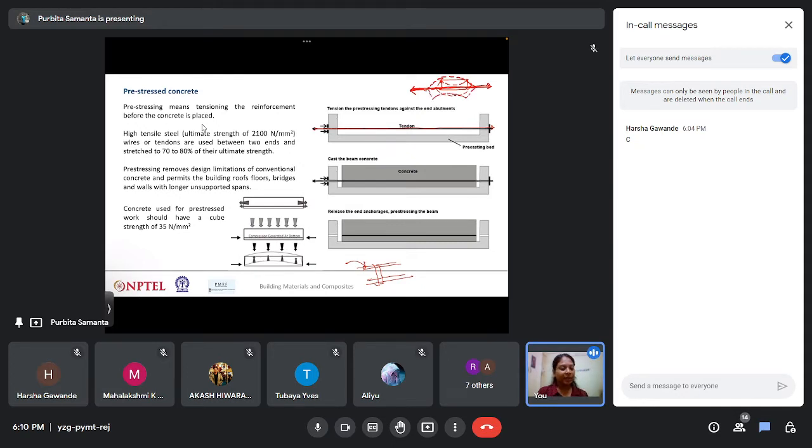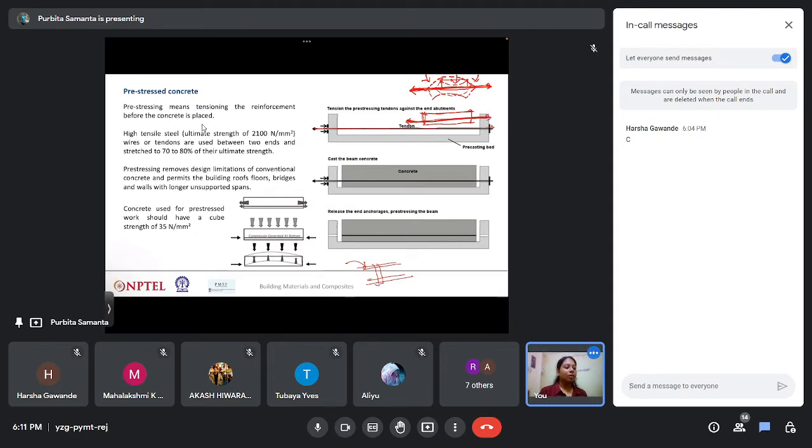But when it is exposed to load, this entire concrete block or whatever concrete construction, what happens? Due to the presence of these pre-stressed tendons, the deflection doesn't happen, and the casting remains straight due to the presence of these reinforcement bars,